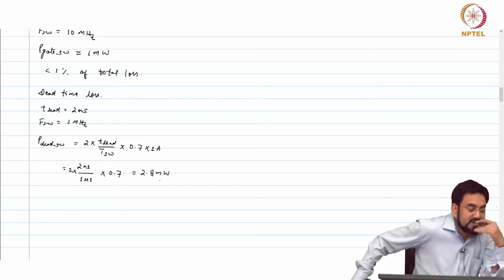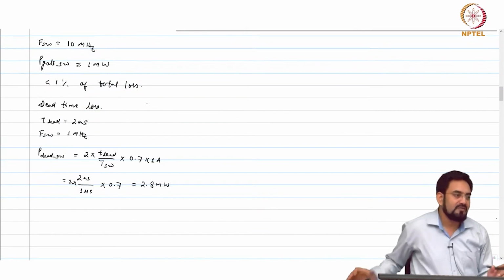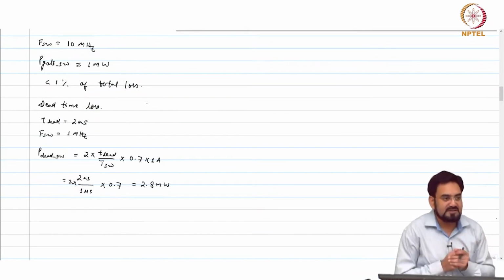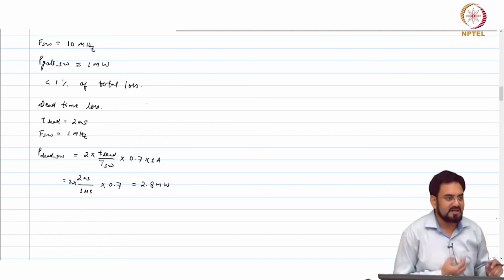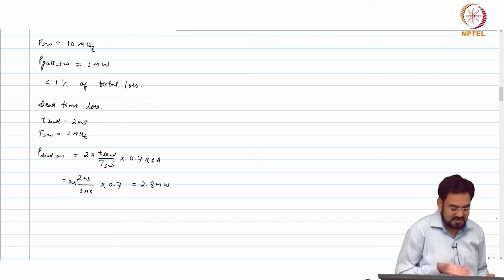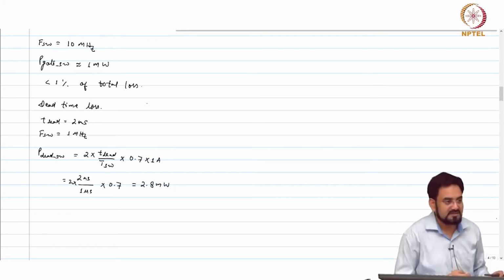So, which means if you are running at a very high frequency, it is not easy to achieve more than 90% efficiency, even if your devices are very fast. That is why if you look at a lot of high frequency converters, they are designed for low current, let us say your target current is 200, 300 milliamp. This will automatically reduce switching losses, then it is okay, but when you target amps of current, it is not easy to run at 10 megahertz.